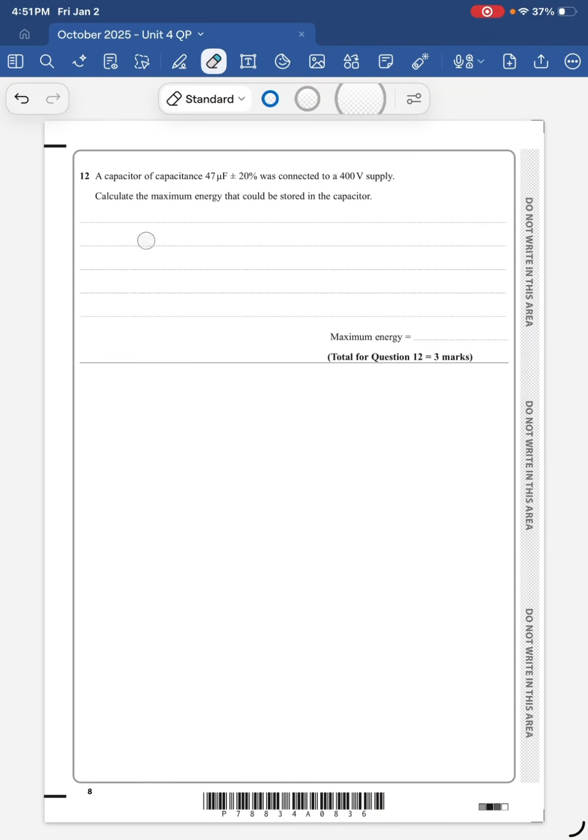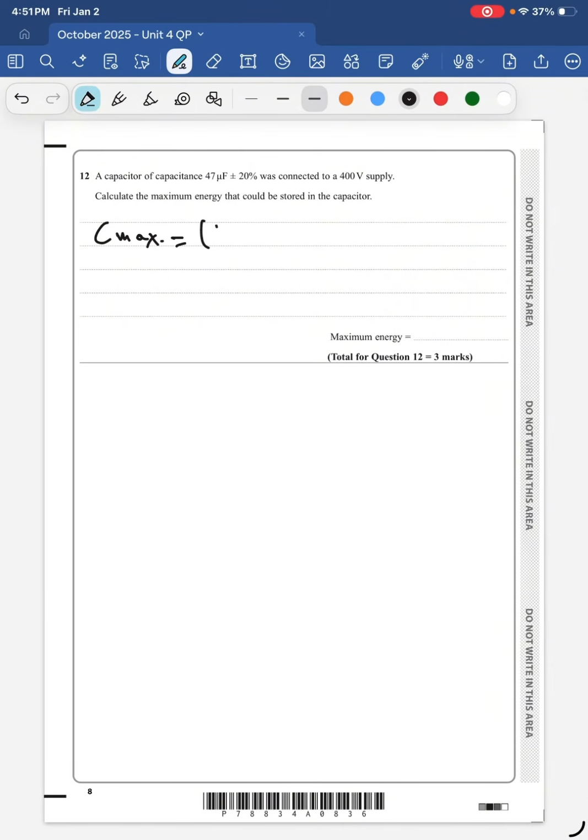I promise that I'm going to try to have better handwriting, so let me try. So C max is 47 plus 0.2, which is 20%, times 47 microfarads,